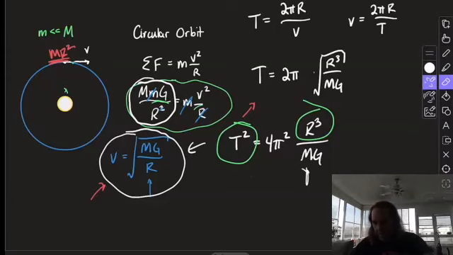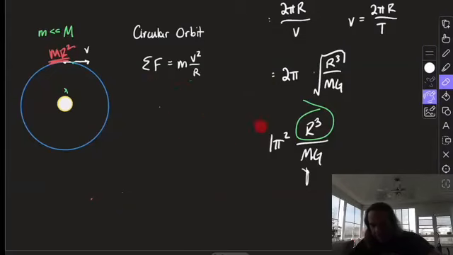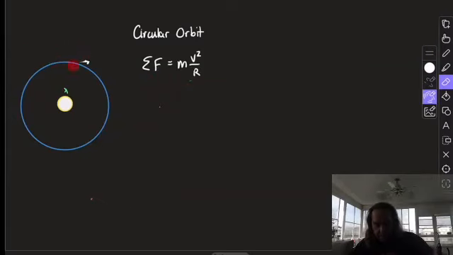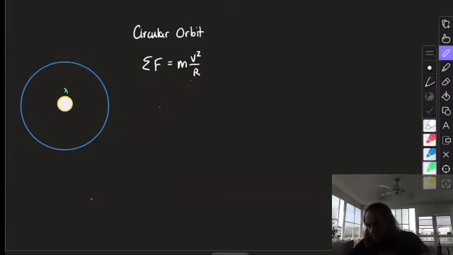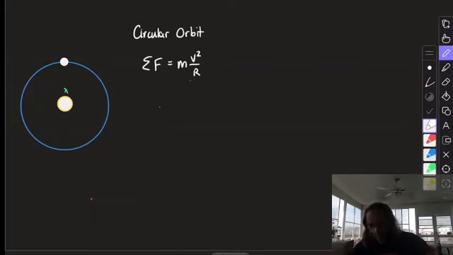Now, outside of all of this, I need to address the thing I was going to come back to, and that is, what about center of mass? That plays a role here. And it's one that I want to make sure we've at least considered when the two objects don't have the criteria that one object is much bigger than the other. And that's a lot of things. Earth-Moon system is a great example of it. When that's the case, this